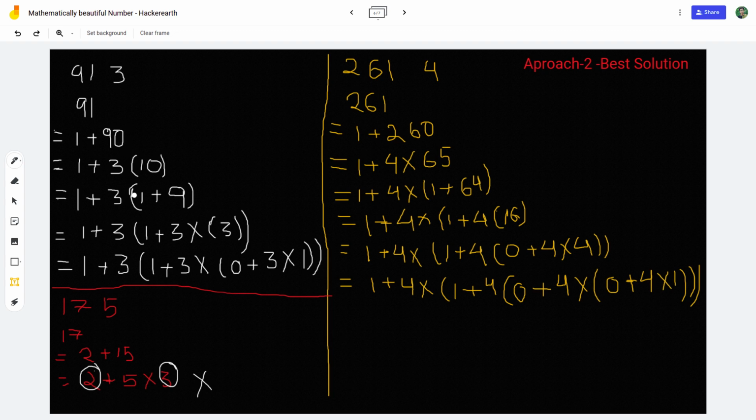And this 90 is basically 3 coming from here only, this one is 3 into 30.